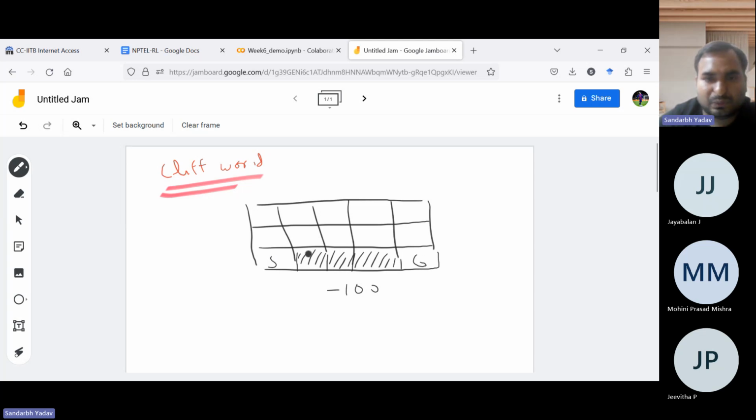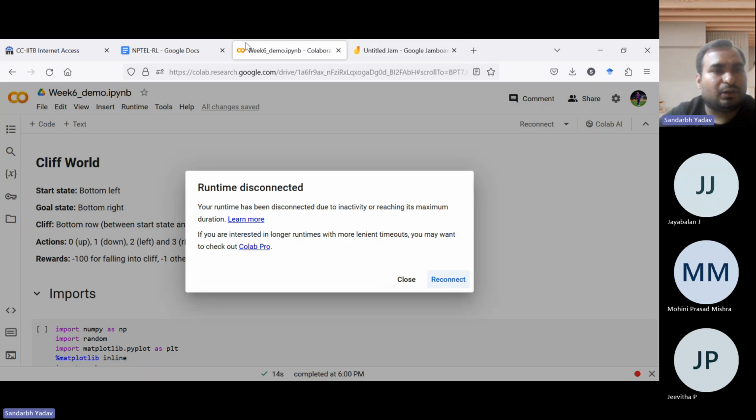We also saw two methods, how Q learning and SARSA were performing. Q learning was learning like this, and SARSA was preferring a safer policy, right? So this is the environment which we are considering, and for that we'll see demos of Q learning and SARSA. I hope the problem is clear to everyone. I think there is a question in the assignment on the same problem also.